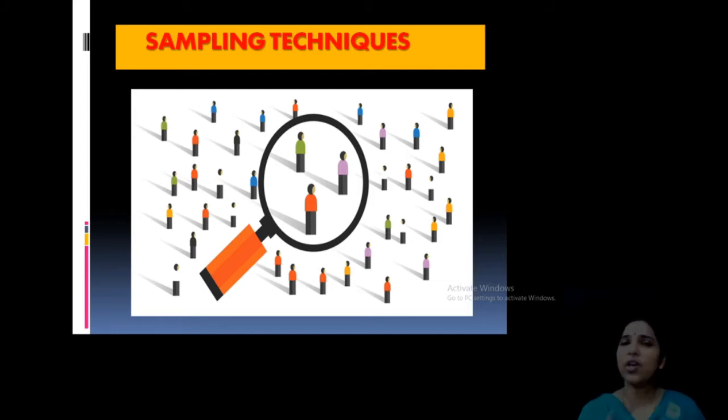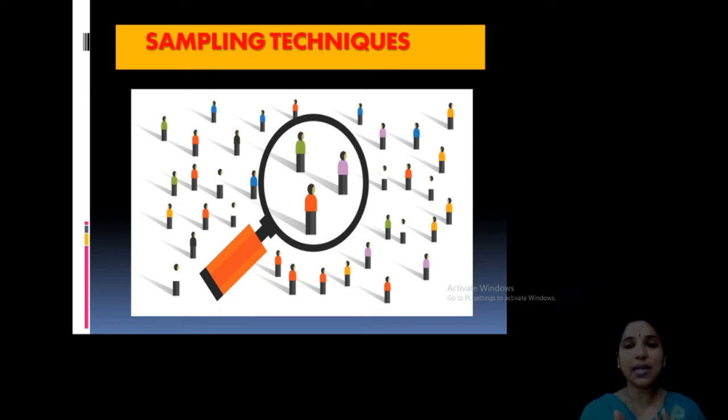When you are going to test your blood, what do the doctors, nurses, or lab technicians do? They will take a small ml of blood from your body. A drop of blood is taken to the slide and they will detect it and inform you about the conditions of your blood. So your entire blood can be tested by using only a single drop. The full blood is not taken for the testing; a small drop is taken. That is what is known as sampling.